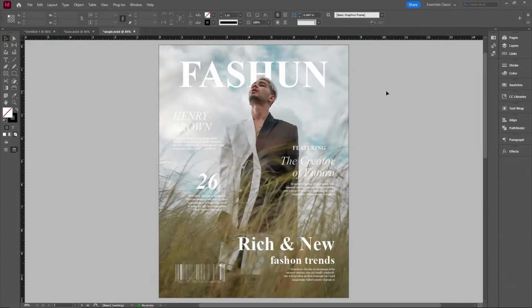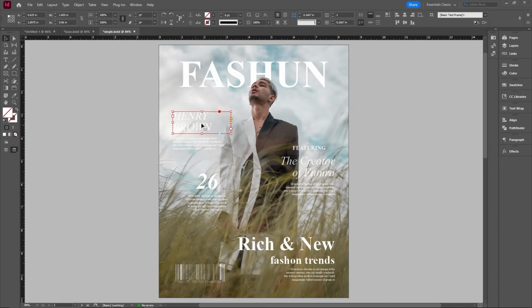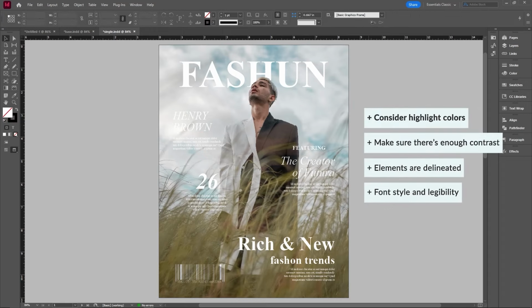So this is an example that we did for a previous layout on our video. And looking at this, it looks pretty good, but there are some elements on here that I feel like just don't read. And a lot of these things come down to color. Now you can see that the fashion, which is spelled in an edgy way, is kind of popping out, but not as much as I would like. And especially the Henry Brown on the left here, it's not really popping out. I can't read that. So in order for all these elements to show, you need to consider whether or not you want to have any highlight colors, whether you want to have a little bit more contrast on the page. But the main point is you absolutely want everything to be articulated,